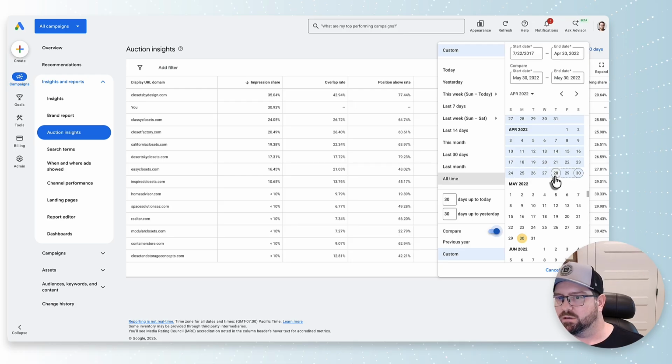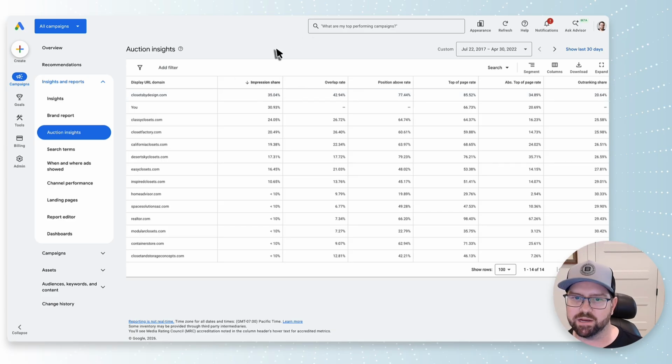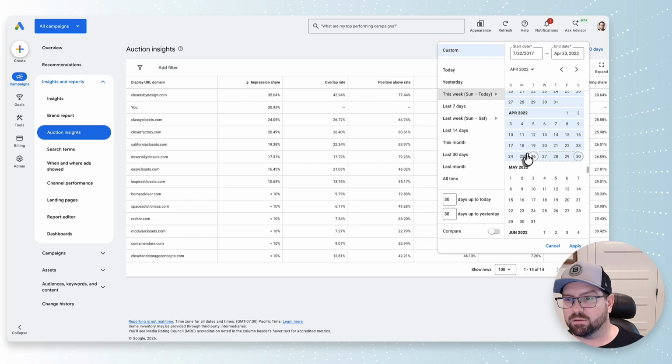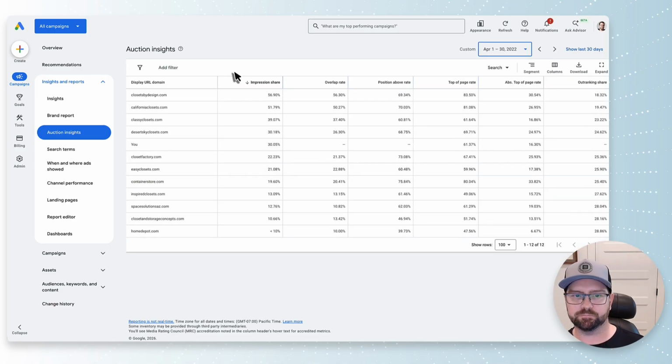Again, this account we just use for demonstration purposes. So I have a larger date range selected, but just for example's sake, in this month, this company was actually gobbling up a large percentage of the impression share. And you might look at this and go, wait, this one's 56, this one's 50%. That's more than 100%. How is that even possible? Well,